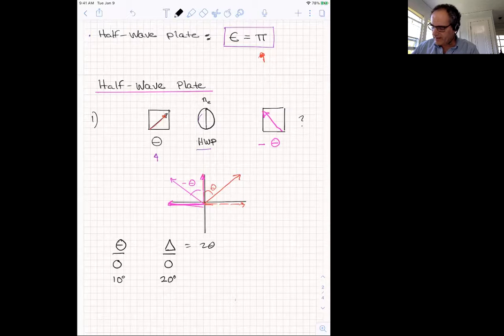And going on to a couple special cases, if we arrange for the polarization to be 22.5 degrees away from the angle of the half-wave plate, then the polarization will be rotated by 45 degrees. And if it's 45 degrees, the shift will be 90 degrees, which is pretty neat. We would change the light from one polarization to an orthogonal polarization. Finally, if we did, let's say, 90 degrees, the shift would be 180 degrees, which